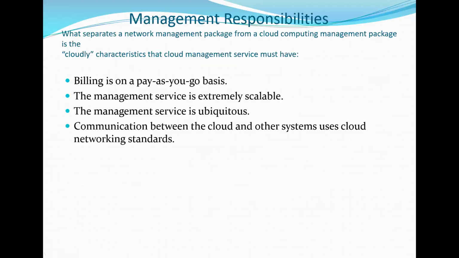Now this is all about network management. So what separates a network management package from a cloud computing management package? The cloudly characteristics. What are they? We know that billing is on a pay as you go basis. The management services are extremely scalable. The management services are ubiquitous. In the beginning, I was talking about all the types of computing, right? Ubiquitous computing. You can sit anywhere in the world and you can do the computing, right? Communication between the cloud and other systems uses